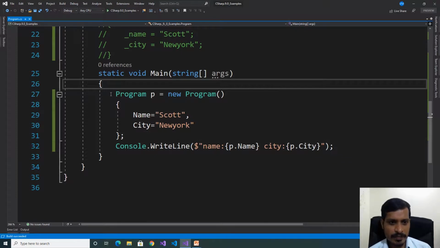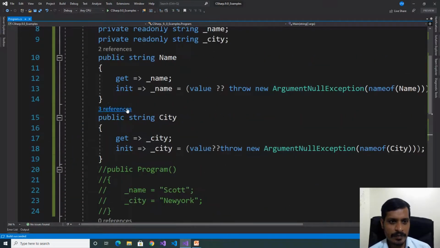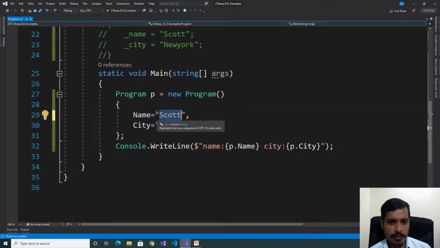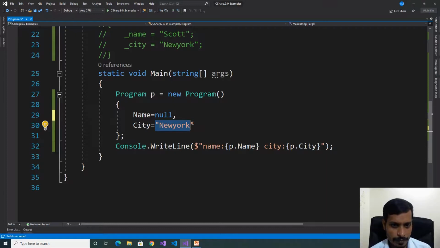What is happening here? We have an object initializer. We are assigning the values to the properties using the object initializer. The init accessor is used to assign the value to the variable. If you don't have a value, then we'll get an ArgumentNullException error. Here in place of the value, we'll pass null. Remove this code. Null. Here also pass null.